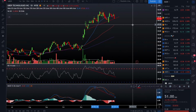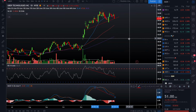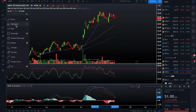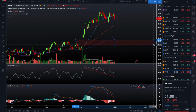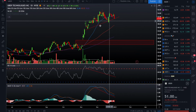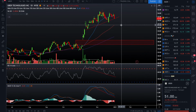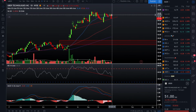If we do see a substantial drop, we could even see Uber possibly going to 40 and possibly filling this gap here. So I'm not sure exactly what would cause Uber to go down here. Maybe some news that may be coming up that won't be too good for the company. But overall, from a technical standpoint, we have a very big bearish divergence here. We do have a target price of 47.36, and not only that, looking at the last candle formation of Uber